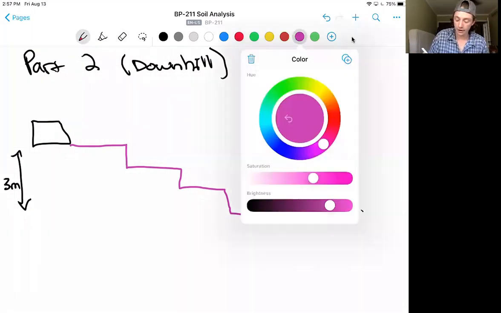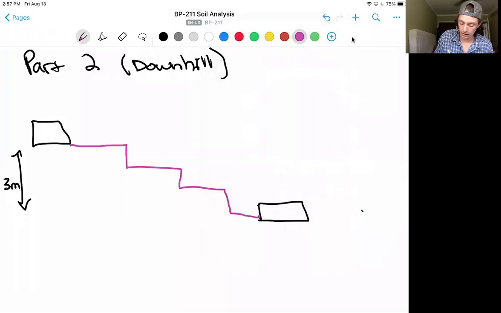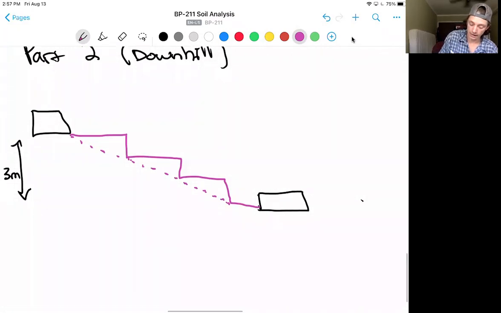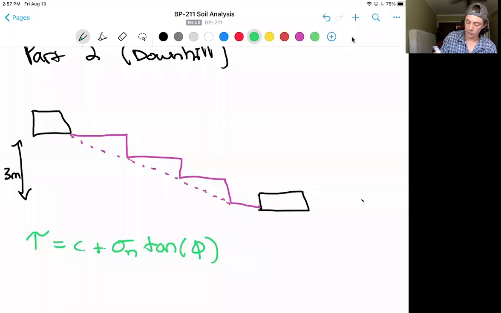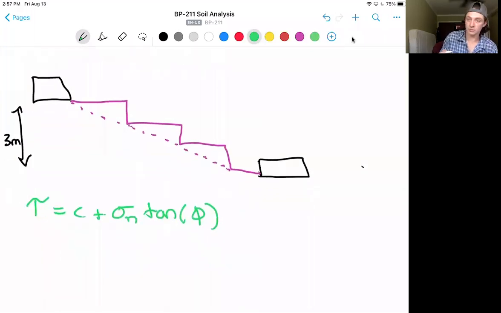What we're worried about now is the same thing happening in these steps: shearing, the soil failing in shear, and forming that same slope that we're trying to avoid. So just like the previous check, we're going to find the capacity of the soil as tau, and remember we're going to assume cohesionless and multiply by area,